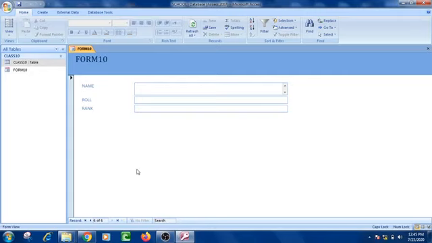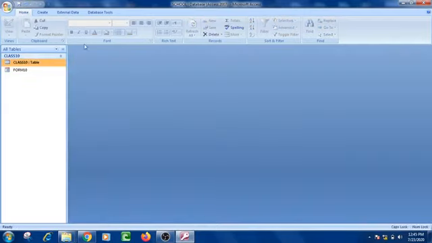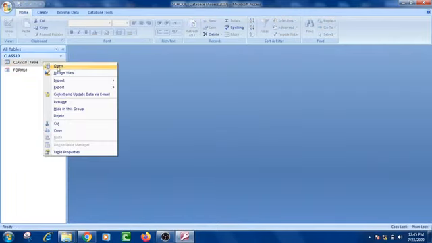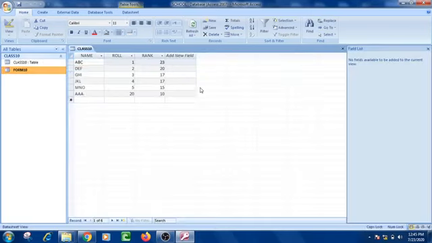Suppose that I am entering the records like name AAA, then roll number 20, then rank 10. Okay, in this way the one more record is added to the table. That will be reflected in the table also, not only in the form. Okay, now I am going to close this one. It is being closed. Again come to the class 10 table, open it. Now you can see here the record added in the form is reflected in the class 10 datasheet view of the table.